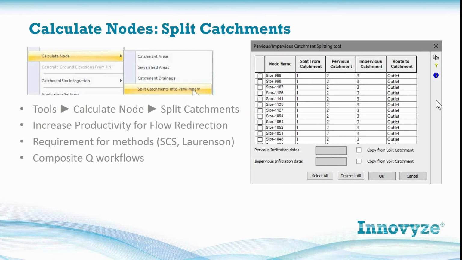The first is a new tool where you can take a catchment, perhaps a 40% impervious catchment, and you can now split it between its pervious and impervious surfaces. One of the motivations is that there are some hydrologic methods, like SCS and Lawrenson, used primarily in Australia, for example, that treat the catchment as an aggregate, not as separate surfaces, where the percent impervious is considered directly